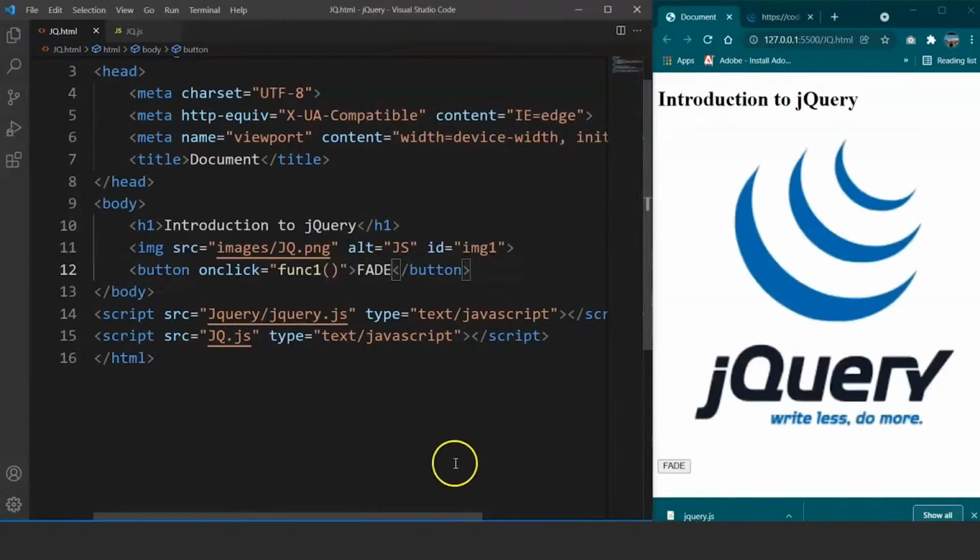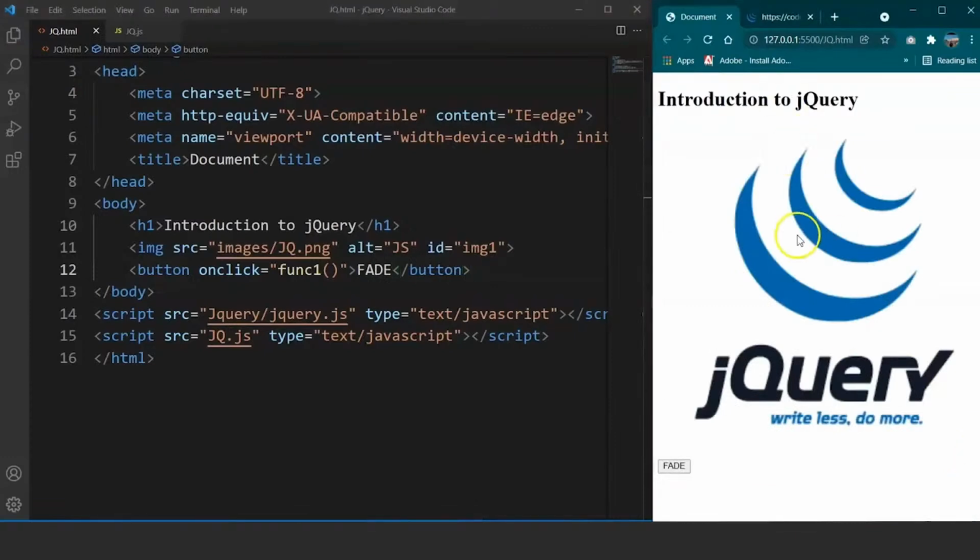Save it and here you can see we have an image over here. We can resize the image by using the image height and width properties here, but let's leave it for now. And we have a fade button over here. You can see the fade button is not working. It's just a fake button for now. So we have been doing all this stuff for quite some time now, right? It's easy. The most straightforward task in HTML we can say. We need to define the function func1 now to make the image fade in and fade out on a button